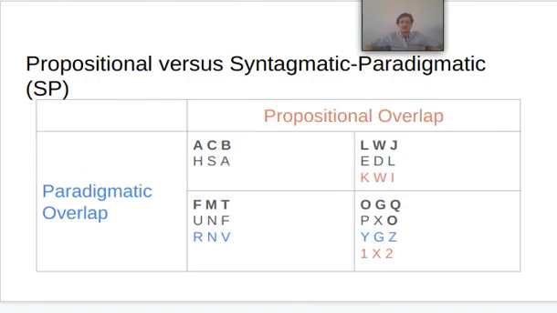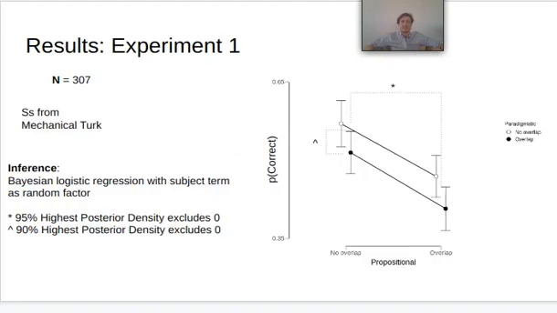We differentially manipulated two kinds of overlap between targets and distractors in a propositional overlap by paradigmatic overlap factorial design, a 2x2. In 3 experiments conducted through Amazon's Mechanical Turk, we presented the critical sentences in a narrative. Each subject read one narrative with all 12 critical sentences and was later asked about the 4 target sentences. The plot shows the probability of correctly answering a target question as a function of the presence or absence of propositional overlap in experiment 1.